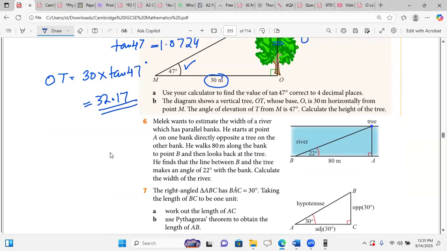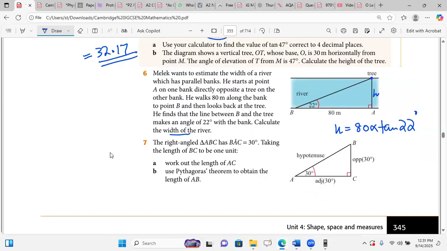Here he is saying he needs the depth of the liquid, and he is saying calculate the width of the river. So this is the width in the form of height over there. Again, you need the opposite to calculate it. So the opposite H is equal to 80 multiplied by tan 22 degrees. Just multiply it and get your answer in that case. After that, he is saying